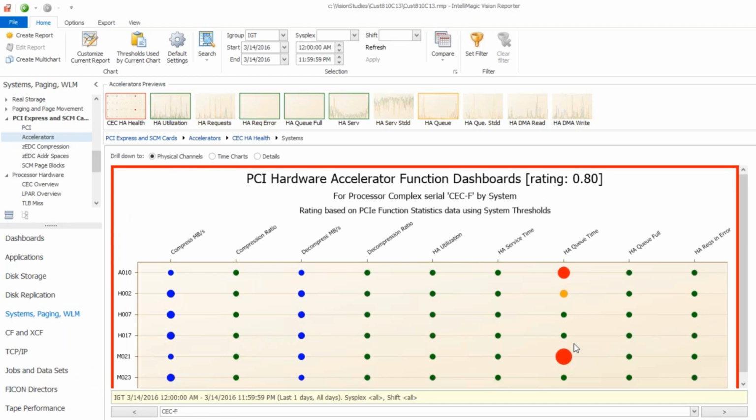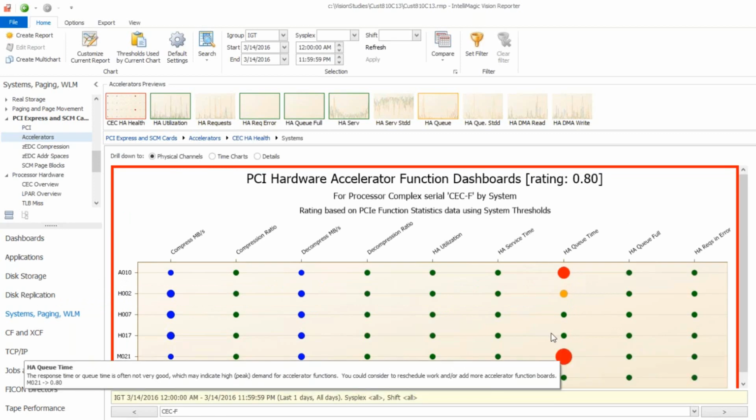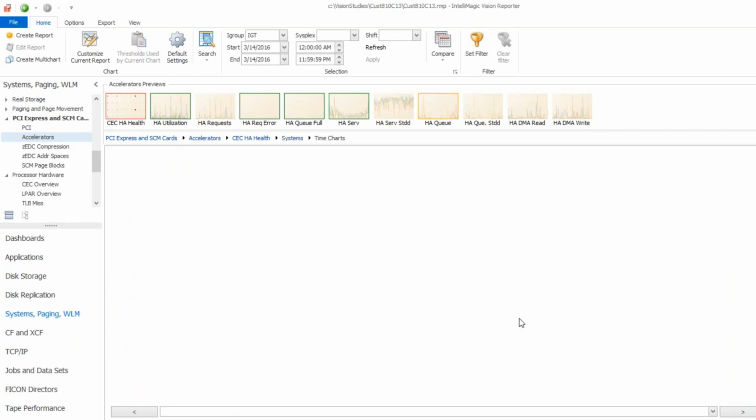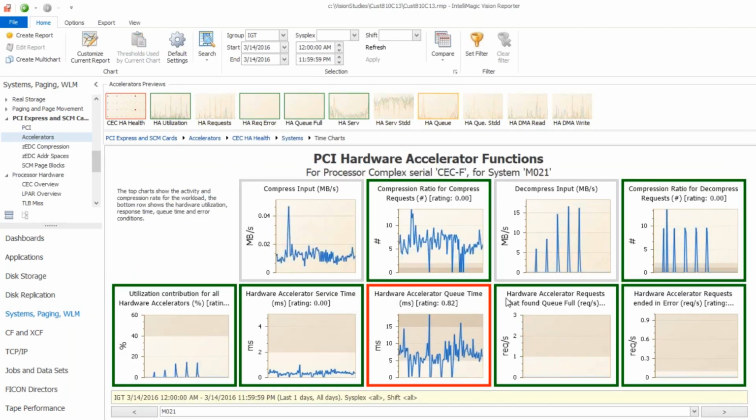Drilling into this exception by system, we can see which systems are experiencing this higher queue time. From understanding this environment, I recognize these are test and small batch systems, but let's look into it in some more detail in any case. Let's look at this system, and here we see a set of mini charts of all the metrics in that chart, so we can at a glance look at the relationships between the various metrics. What we recognize right off, before we even look at the queue time, is